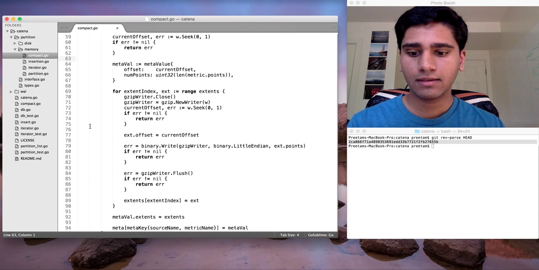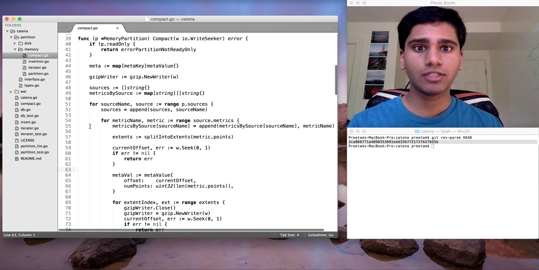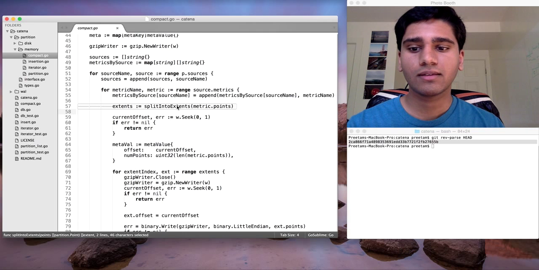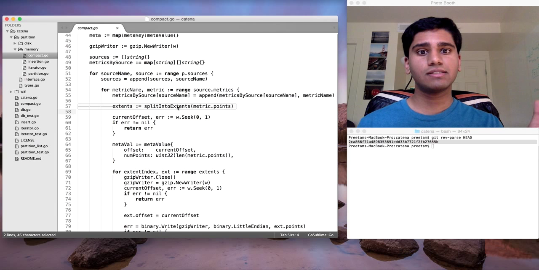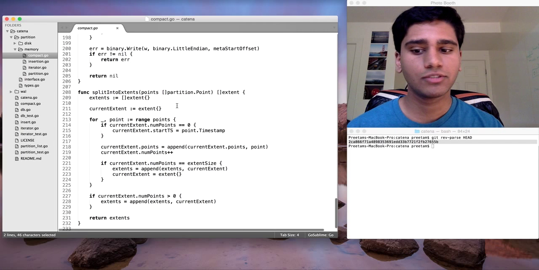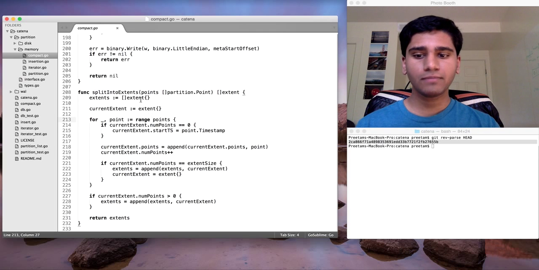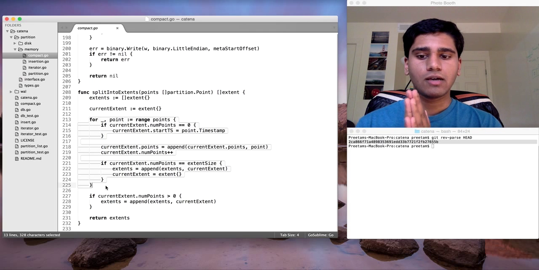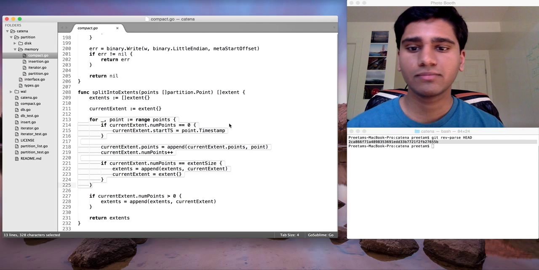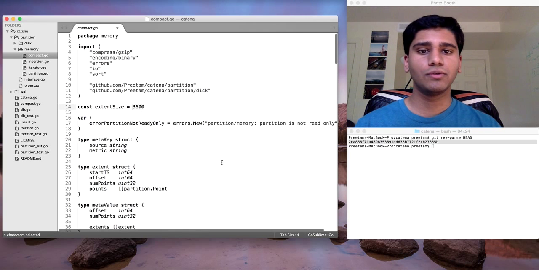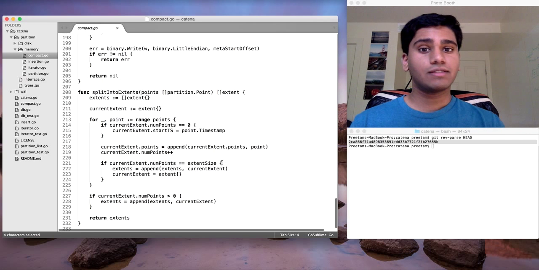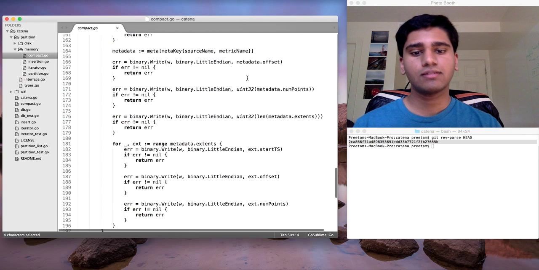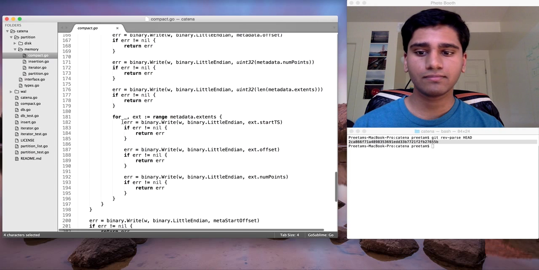So, in order to build up that metadata, the first thing that you have to do is go through each source and each metric. And then for each metric, you have to take your slice of points and split it up into extents, which is pretty straightforward. You just make a slice of extents, and for each point, you basically append points to the current extent until it reaches a certain size. Right now, it's fixed to 3,600 points. Once you get to that size, you move on to the next extent, and so on. So pretty straightforward. And after you write all the metadata for that extent, you basically,